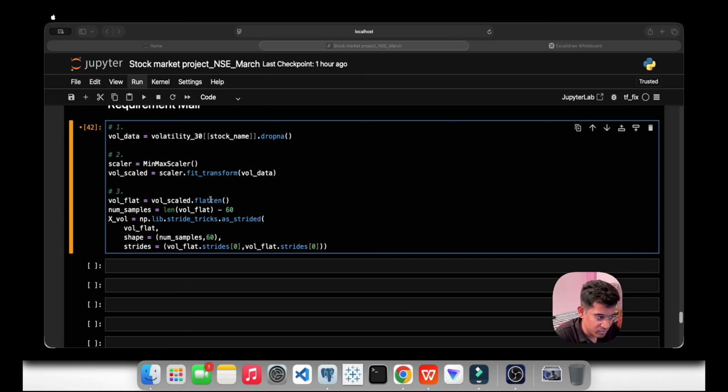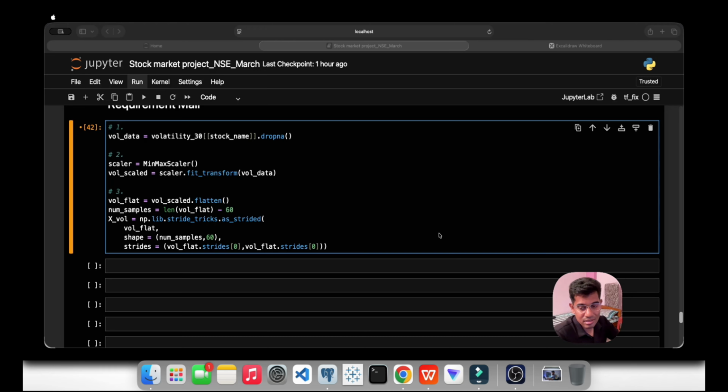Second parameter is the shape, which I have given as 60. Why 60? We took 60 earlier, and for the 920 windows there are 60 values each. If you check the windows, I have done 0 to 59, 1 to 60, like that. Third parameter is strides, where we take care of the memory stride information.